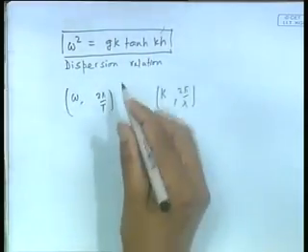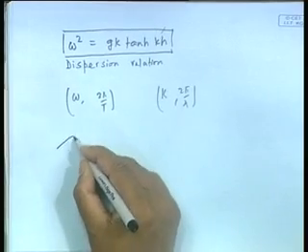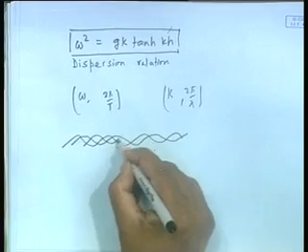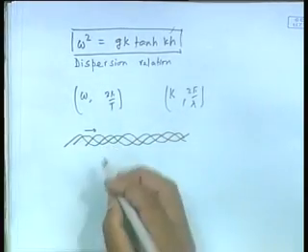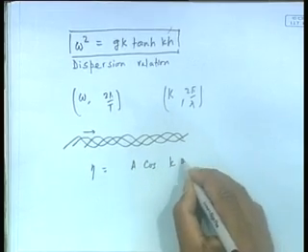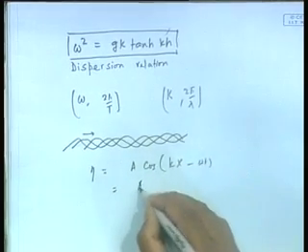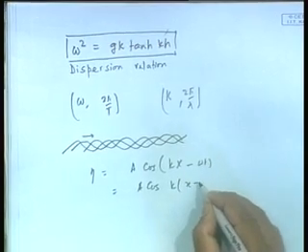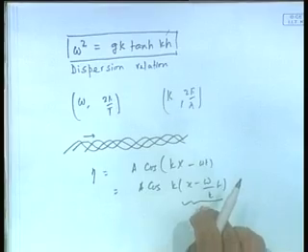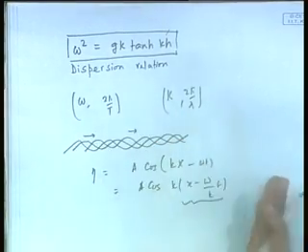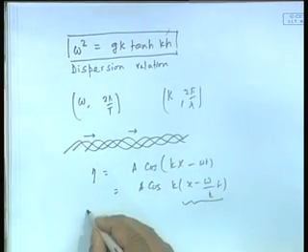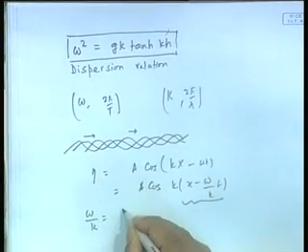We will find out here that now what is my speed of a wave. See, when I have this wave here, next instant it goes like that, next instant it goes like that. The form of the wave is travelling. In fact, I can show that if I were to write this eta to be a cos k x minus omega t, this can be written as a cos k x minus omega by k t, and you will see that if you are to travel at the speed omega by k with respect to this wave, to you it will look stationary, which essentially means the form is travelling with the speed omega by k. So omega by k becomes my phase speed,